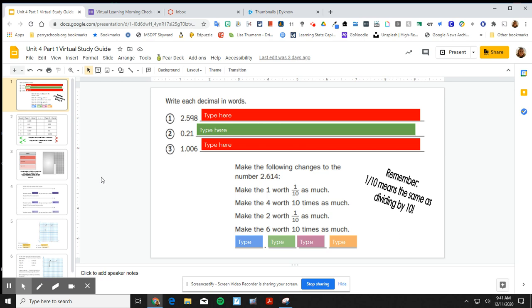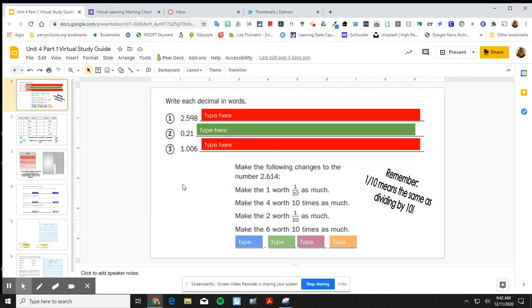It says, write each decimal in words. So you have 1, 2, and 3. You have 3 problems. And I'm not going to say these the proper way. I'm just going to say the digits. And then in this text box, you should be writing it the way that you would say it. So write it in the correct word form. So the first one you see we have 2.598, 2 and so then you fill in the rest there. For number 2, we have 0.21, 0 and what do we have after that? 3 was